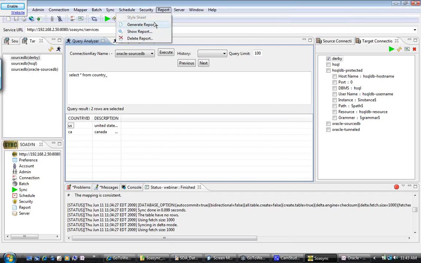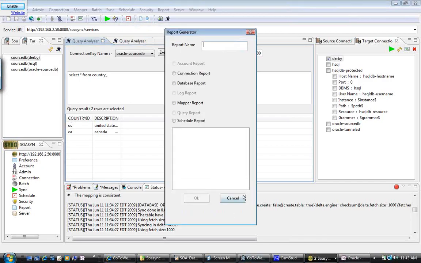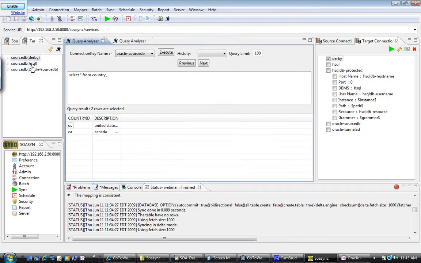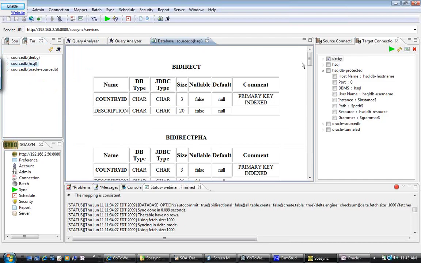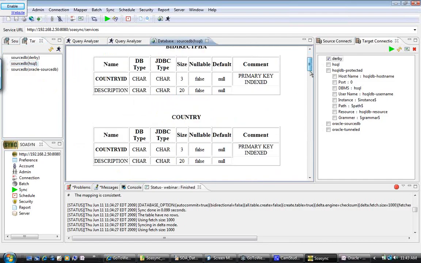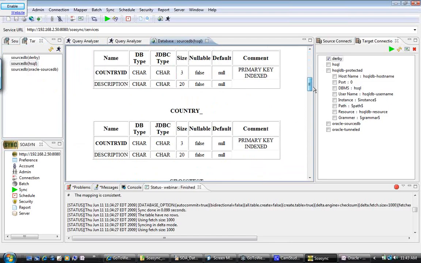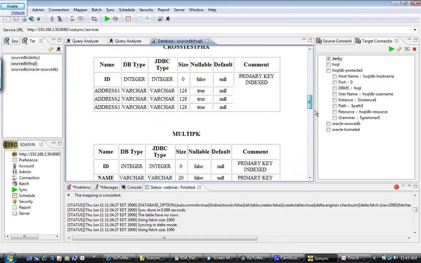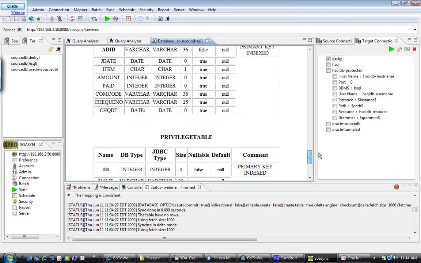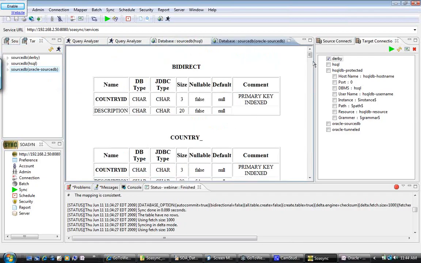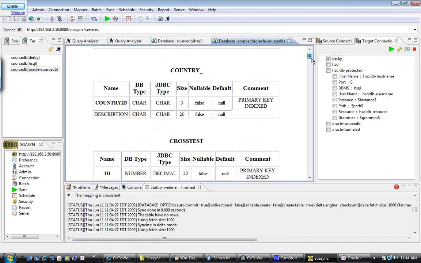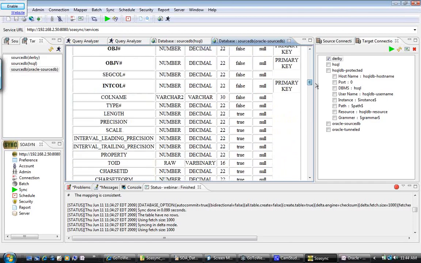This one shows you how to generate a report. Let's show you a report from HSQL, for example. So let's do some report here. This shows you a report of what the primary key databases are in the entire database, all the tables in it. For example, if I go to Oracle, I can see the same thing here. So this is the entire database report information in